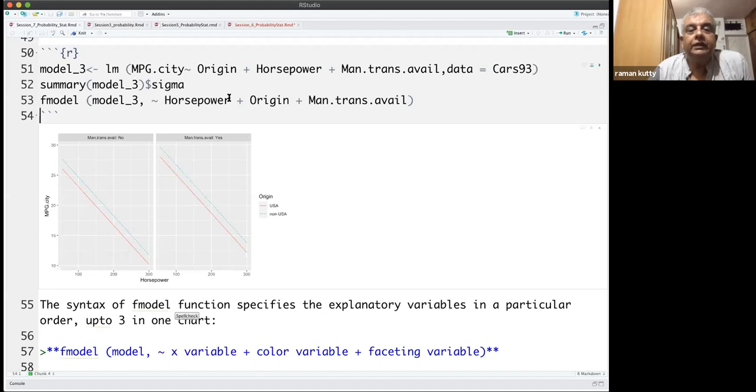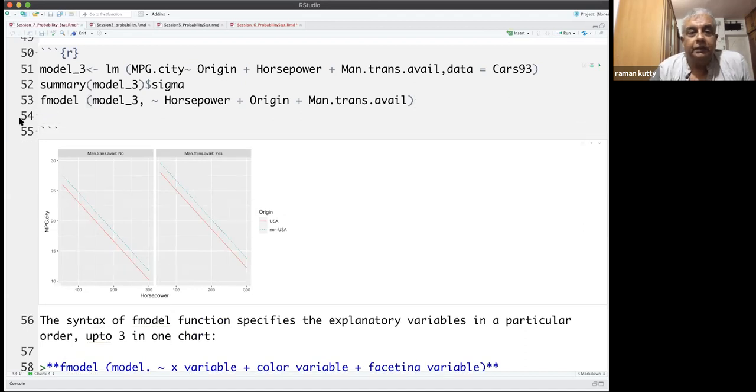We can actually play around with this. If you change origin to the last one, then you will have the faceting variable as the origin, and the other thing will be the manual transmission variable. Maybe I can just show you. I copy this script and try to change that.